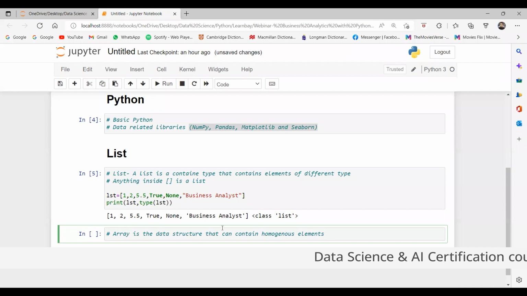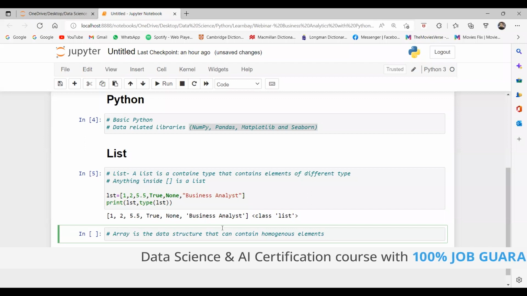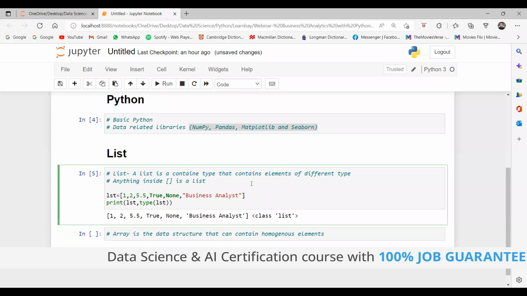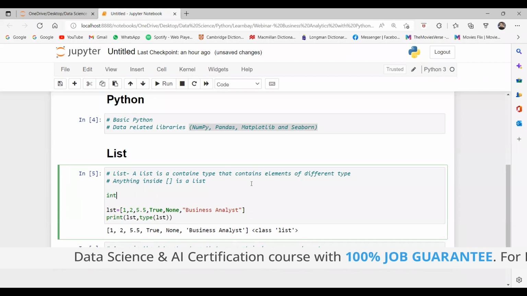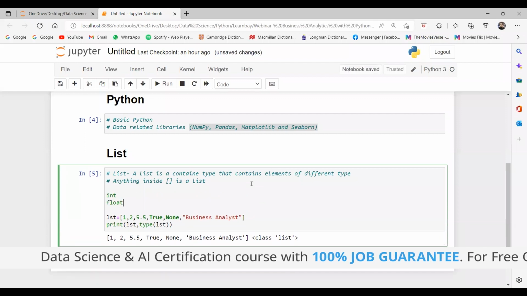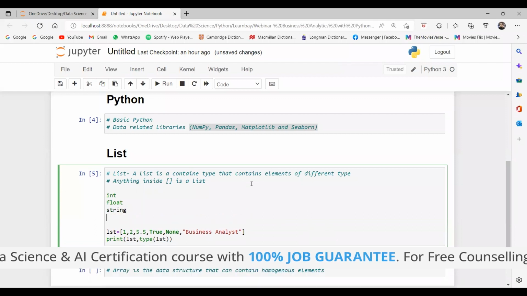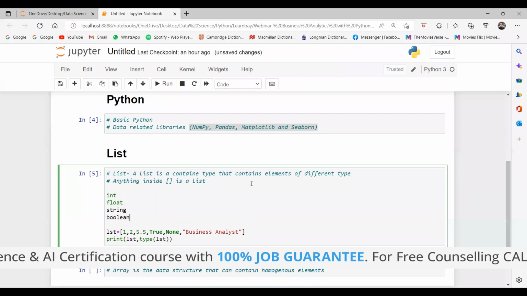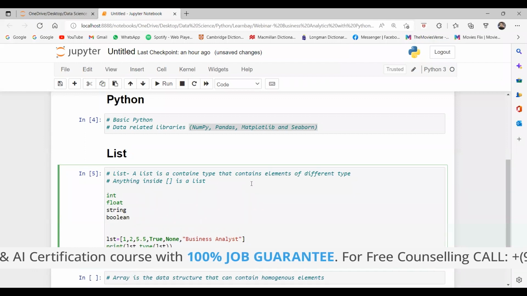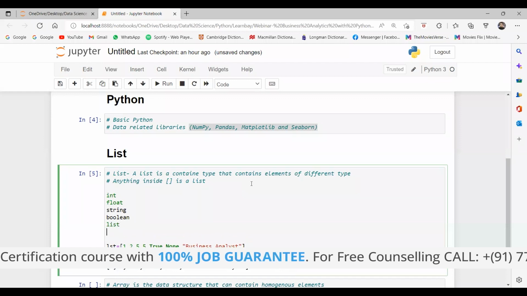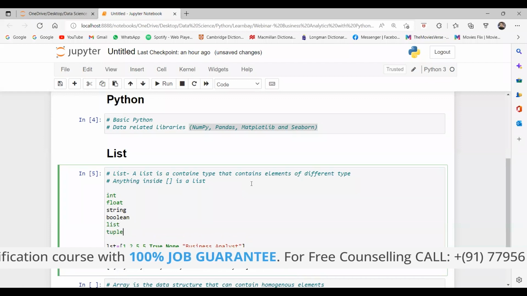When you say any type of data, what does that mean? Like audio, video? For that we have different libraries. So in basic Python, the data types we are talking about are integer, float, string, Boolean, list, tuple, and dictionary.